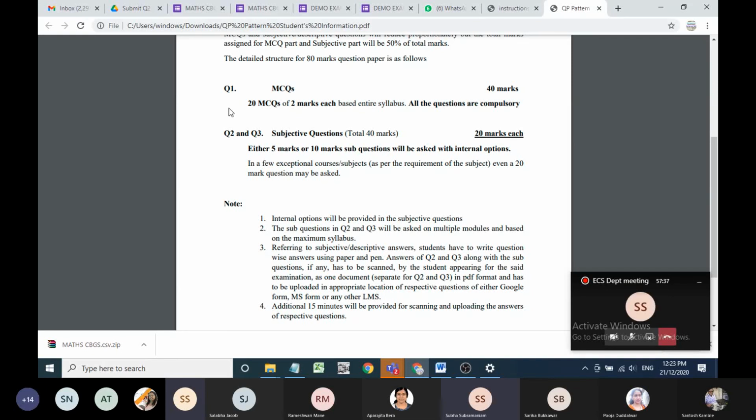Shubha ma'am, one thing. If a student says he has a problem, can he go to college and appear for the exam? Should we tell them?